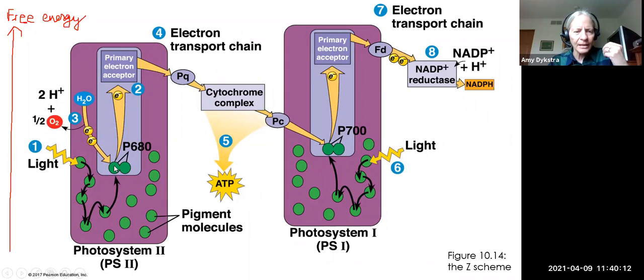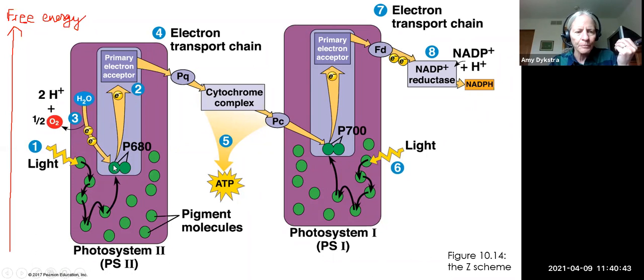And that can move an electron from the chlorophyll molecule up to the primary electron acceptor. Now, this leaves a hole of electrons. So electrons have left the P680 and gone up to the primary electron acceptor. And so in order for another electron to be passed up, this P680 has to receive electrons, and those electrons